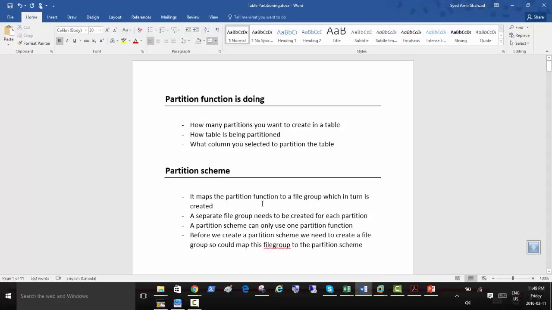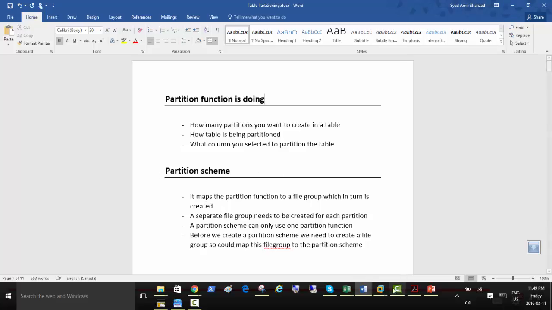It maps the partition function to a file group which we are going to create. A separate file group needs to be created for each partition. A partition scheme can only use one partition function. Before we create a partition scheme, we need to create a file group so we can map this file group to the partition scheme. Well, we're gonna do it and try to understand that.